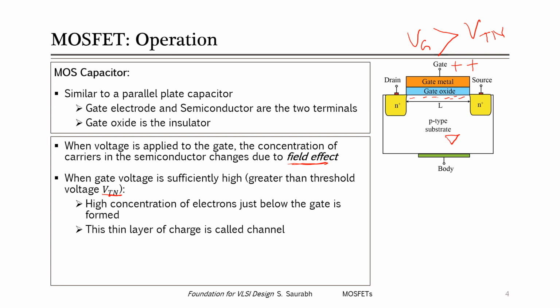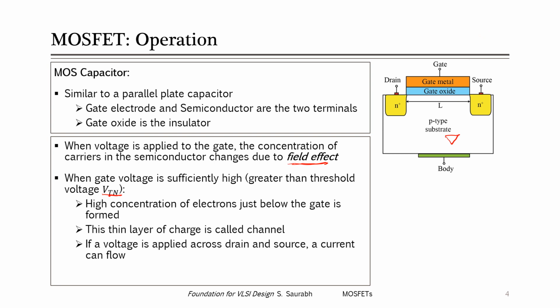So when we apply gate voltage greater than the threshold voltage, we say that the channel has formed at the surface, right? Now if we apply voltage across the drain and source, a current will flow, right? So earlier, if there was no voltage, we had the depletion region in between the N plus and substrate. Here also we had the depletion region. But when we applied the voltage,